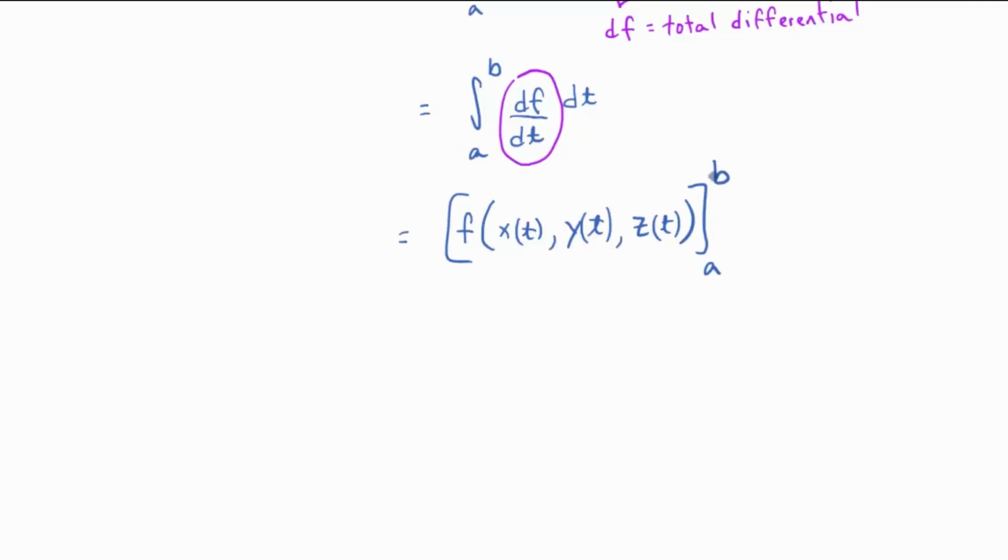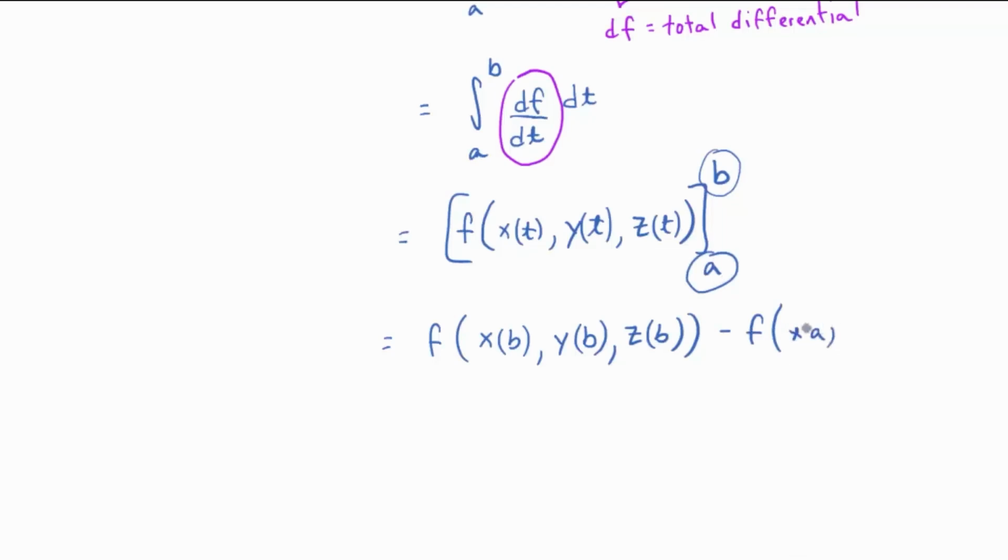So those are evaluation brackets. By the original fundamental theorem of calculus, plug in the upper value for t. This is equal to f of x of b, y of b, z of b,